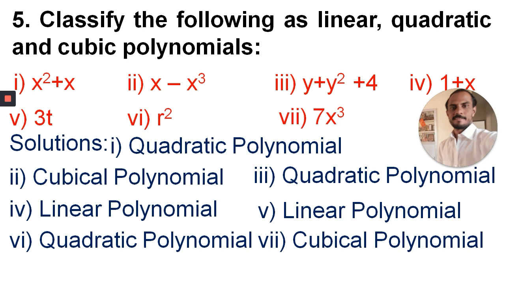See here, what about the degree of the polynomial? The highest exponent in the second question is 3. If the highest exponent is 3, then the degree of the polynomial is 3. If the degree is 3, what kind of polynomial is it? Yes, definitely it is a cubical polynomial. And the third one, the highest exponent of the variable is 2, then the degree is 2, so we call it a quadratic polynomial. Yes or no? The third one is a quadratic polynomial.